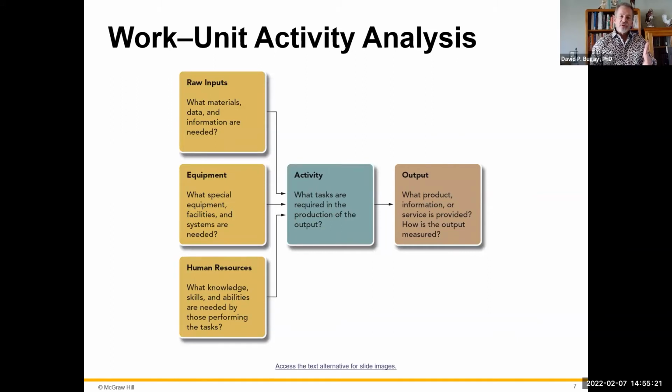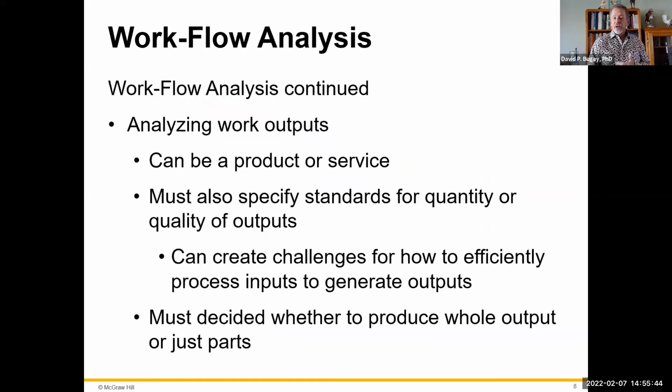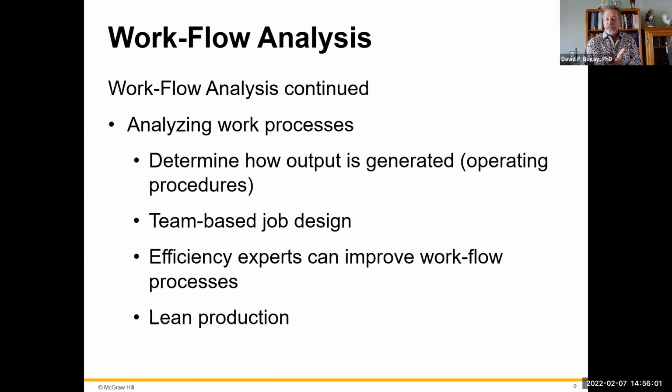You look at the raw inputs, you look at the activity, and then finally the output. Input, activity, output, and really by the time it's all done, that activity should encompass all the inputs, making certain that they're already there in the process before the activity begins, so the activity can focus in and go from step A, B, C, D, and have the output as quickly as possible. Now, analyze the work outputs, make certain that you have the inputs available, and then have the activity, and then what are the outputs by the time it's all done, and do you have a final product, or what steps do you have to do to get to that place.